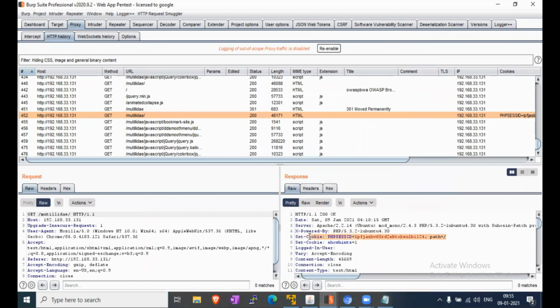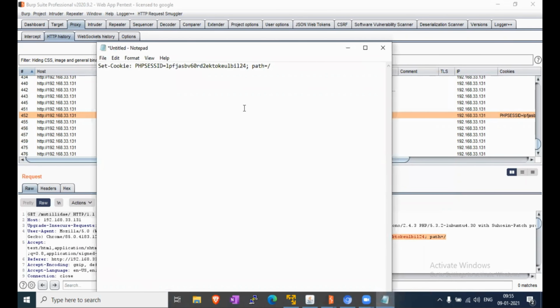In both lines, here missing is secure and HTTP only.